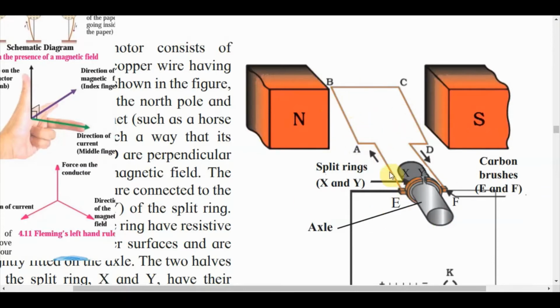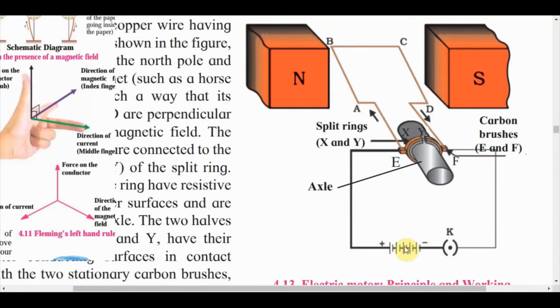I'll repeat it. In this electric motor you have the split rings, which are mounted on a cylinder, also called the axle, which is a non-conducting material. The split ring inside has a non-conducting material and outside is the conducting material, and to that conducting material we have the brushes. It is in contact, not connected, with the metallic conductor. These brushes are connected to the copper wire, which is insulated or has a resistive coating, and these brushes are also connected to the battery here.